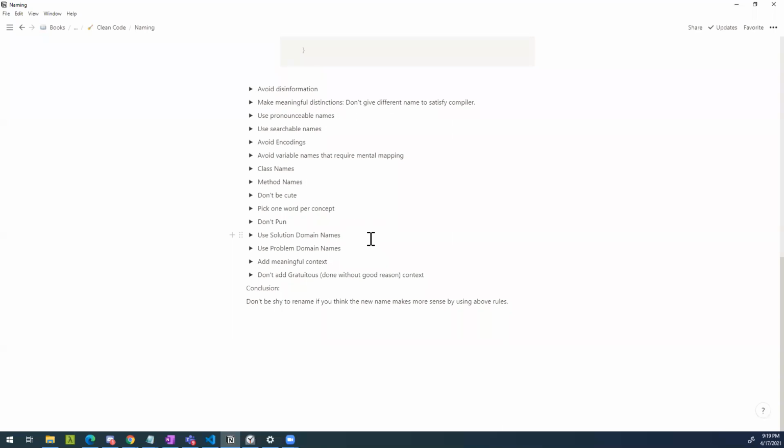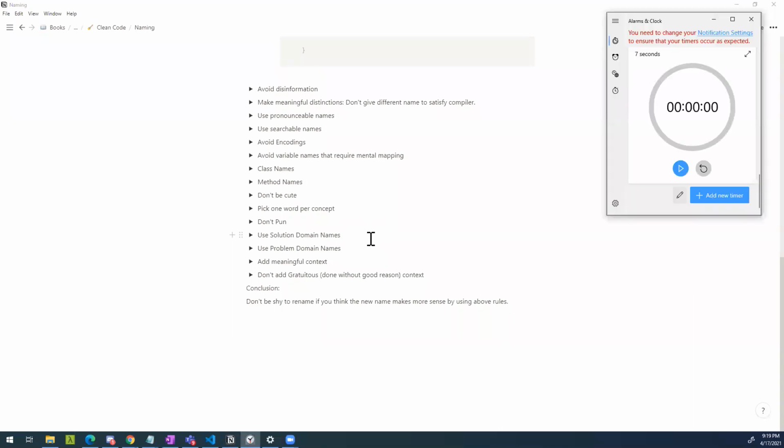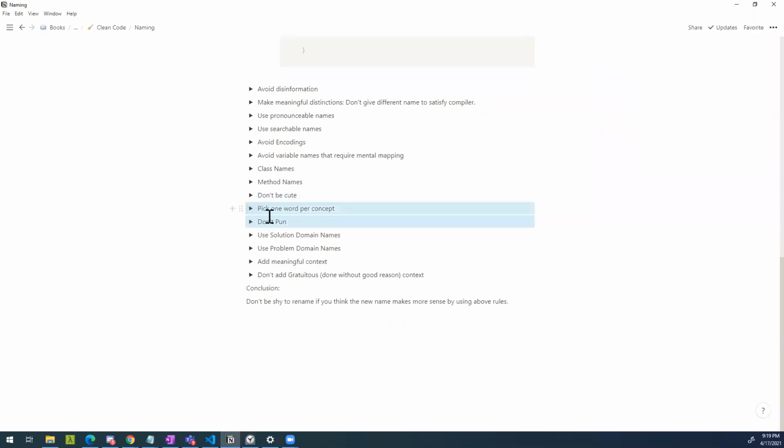Cool. Okay. Last thing, don't add gratuitous context. The meaning of this word is done without good reason. Again, like we saw here, he explained pick one word, and then said don't overdo this pick one word thing where you are actually creating puns. Similarly, here he's saying add meaningful context, but